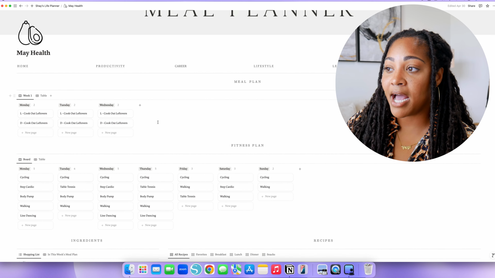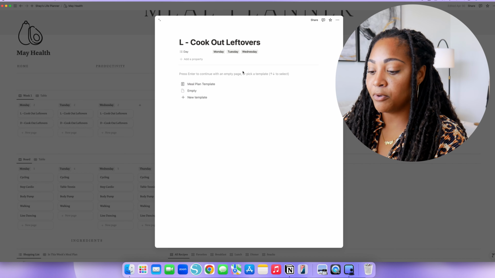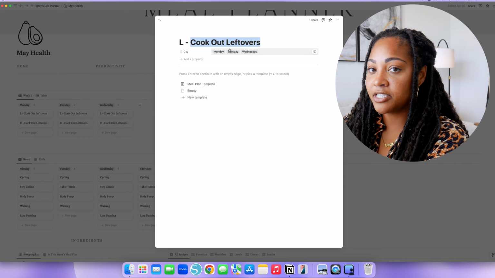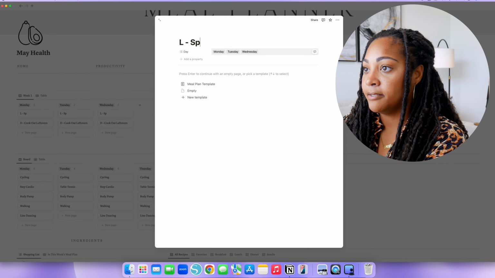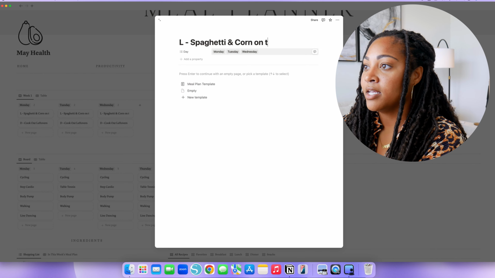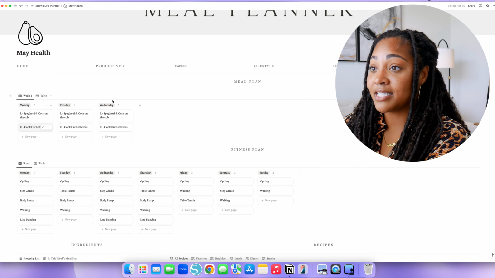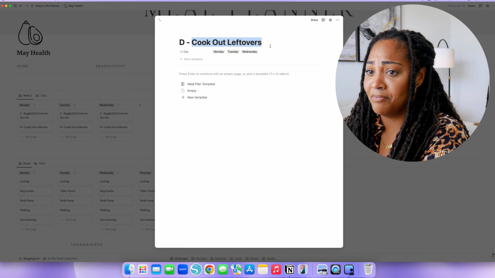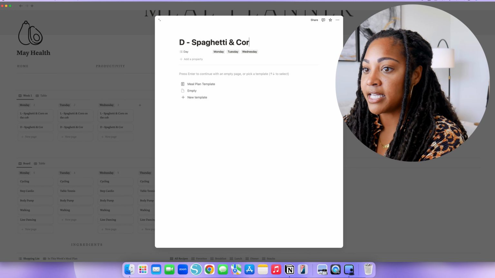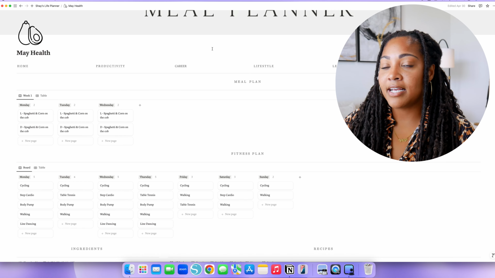And then scrolling up, I actually have our meal plan here as well. So as an example, I normally meal plan every 3 days. So for lunch today, tomorrow, and Wednesday, we're having spaghetti and corn on the cob. So I would update that for Monday, Tuesday, and Wednesday. And then honestly, we'll probably have the same thing for dinner as well, because my husband cooked a huge pot of spaghetti. That's like our go-to meal,